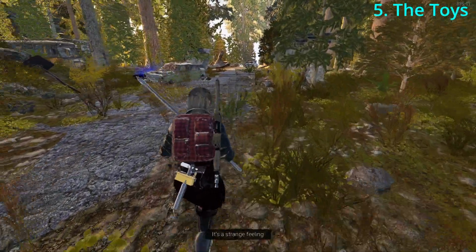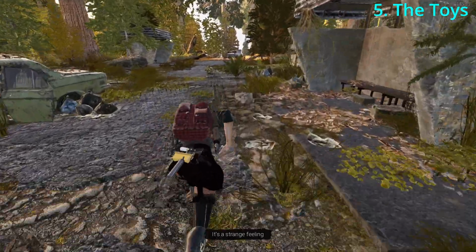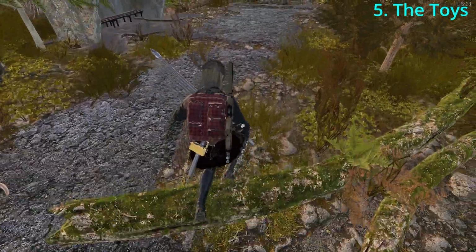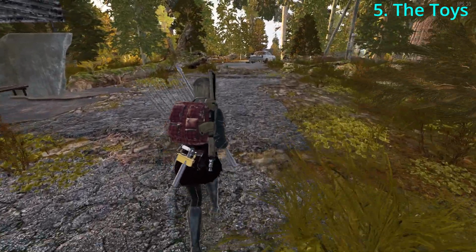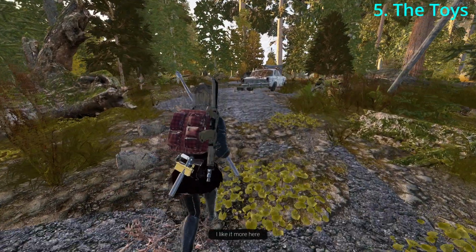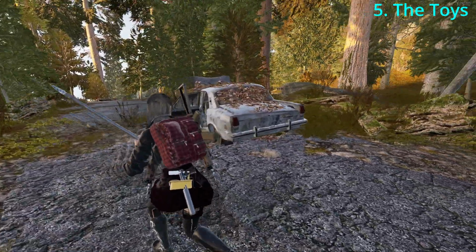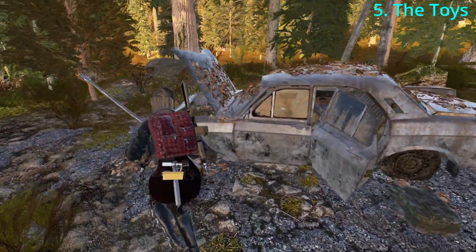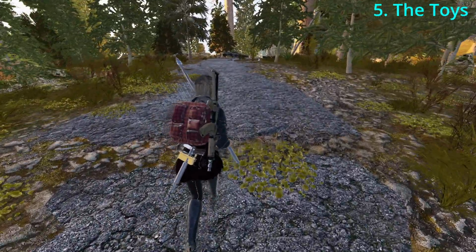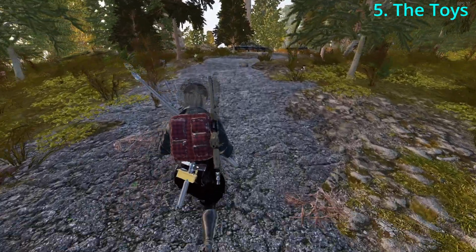We follow the road and we see a lot of irradiated areas, so you can use your gas mask. Also pay attention at the snakes and follow the road. You can open all the trunks, the luggages and the glove boxes with lockpicks. The luggages you can also open with your axe, but as for now I won't open them because all the